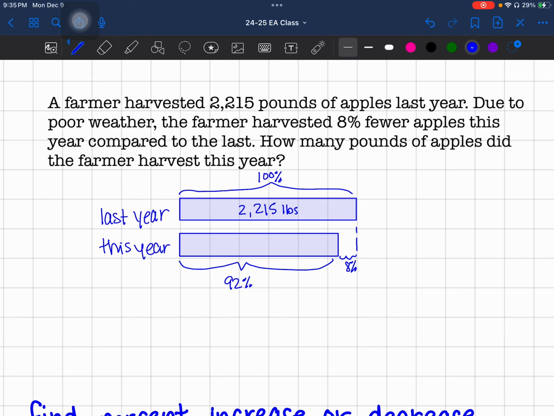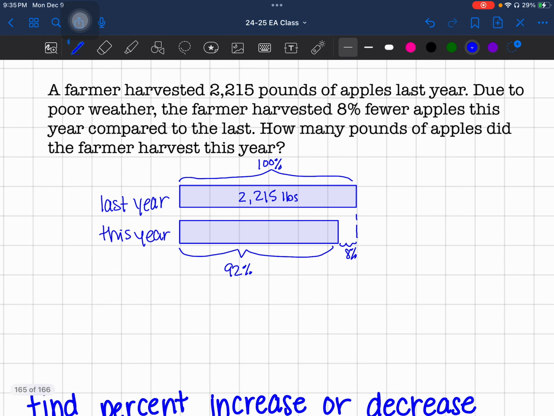Okay, so we did 100% minus 8% equals 92%. Okay, so the amount of apples harvested this year was 92% of the original amount harvested last year. So we're going to find 92% of